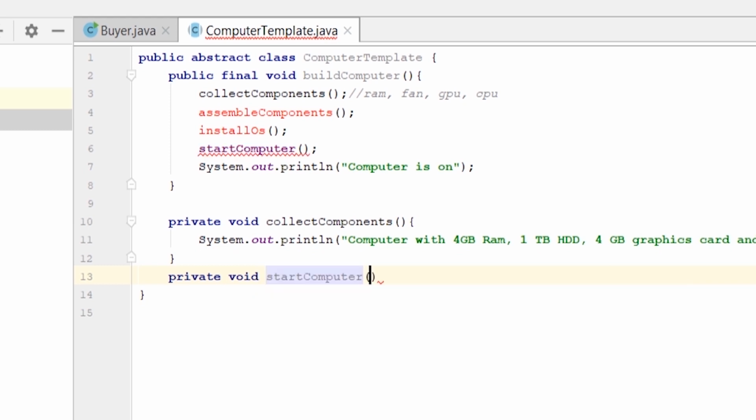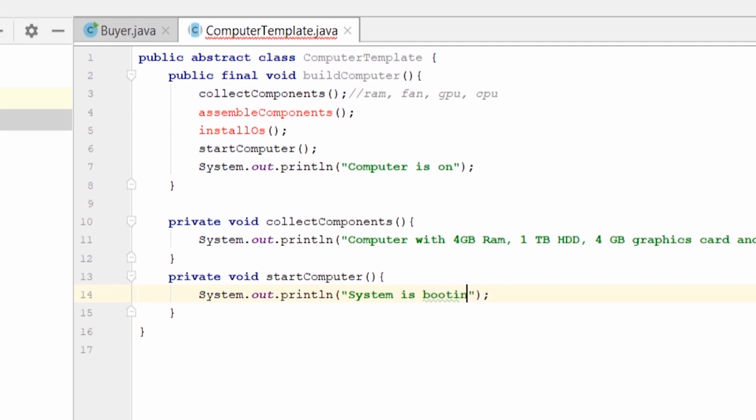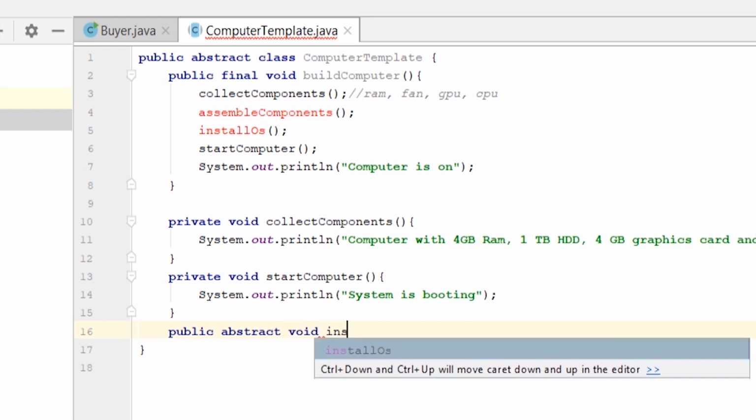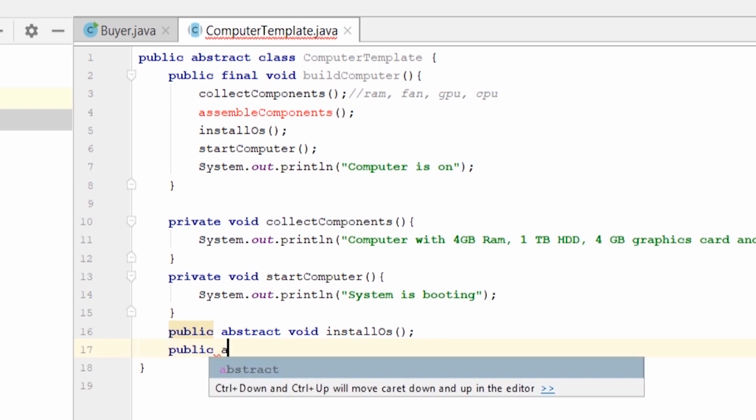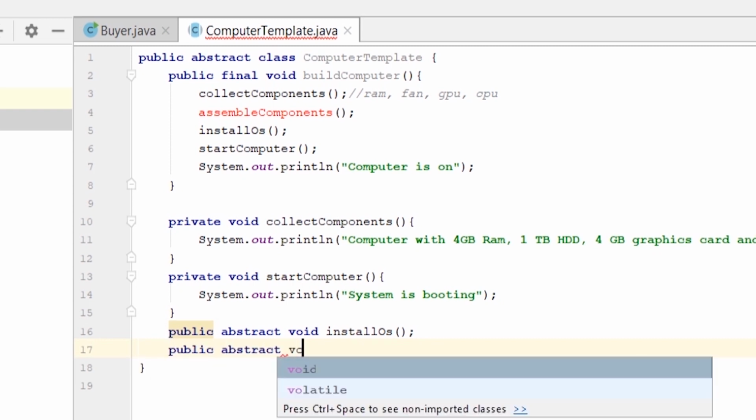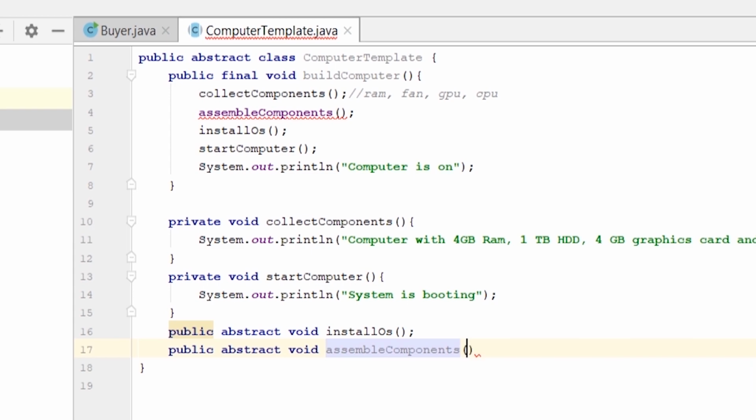And start computer method. System is booting or computer is powering up. An abstract method install OS to be implemented by subclass and another abstract method assemble components.